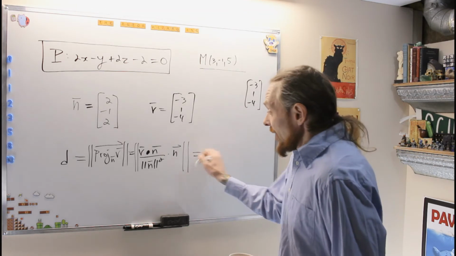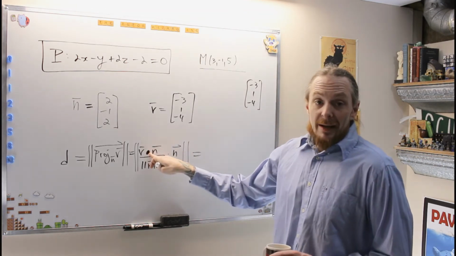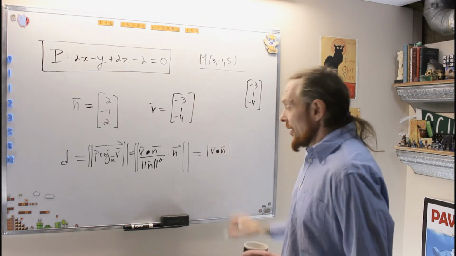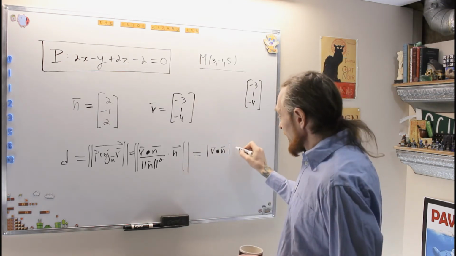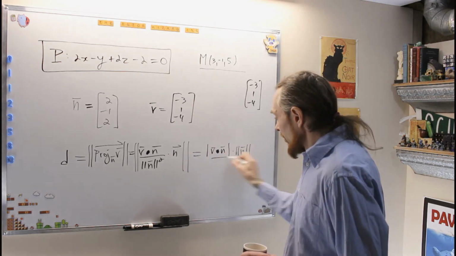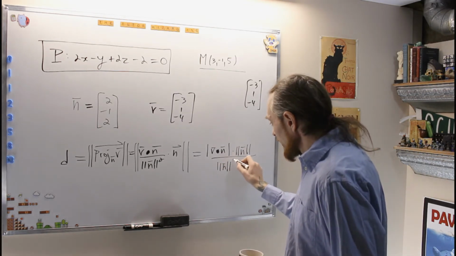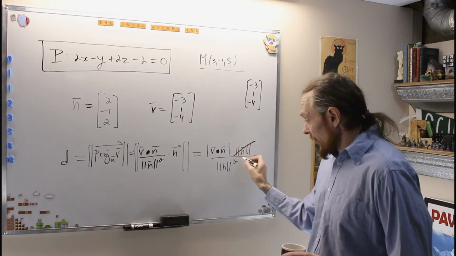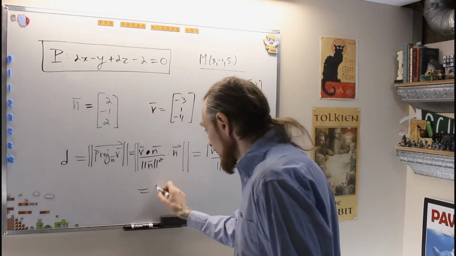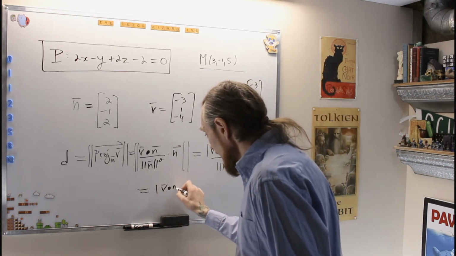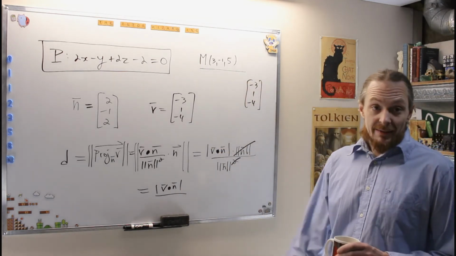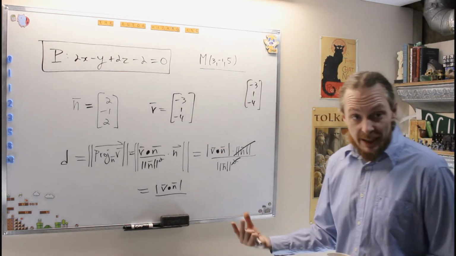Once I do this, this is just a number, v dot n, but I have to take it in absolute value, so that's |v dot n|. Then I see that this is now the norm of n over the norm of n squared. This is the norm because we're taking norms again. Now one of those cancels and we get the norm of v dot n in absolute value, because the distance has to be positive. So if that dot product is negative and the angle is obtuse, we're still going to get a positive distance